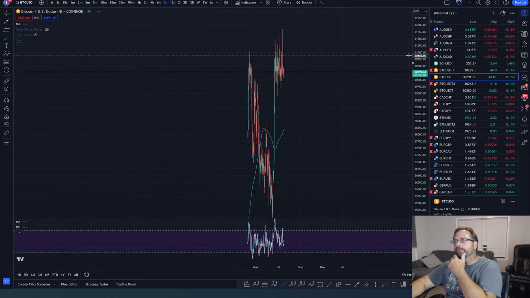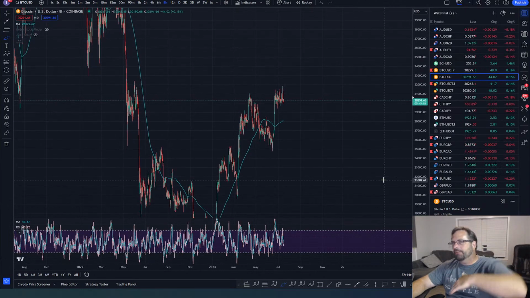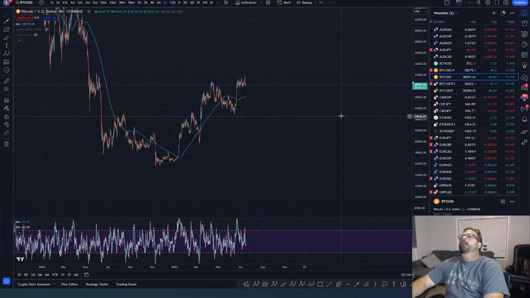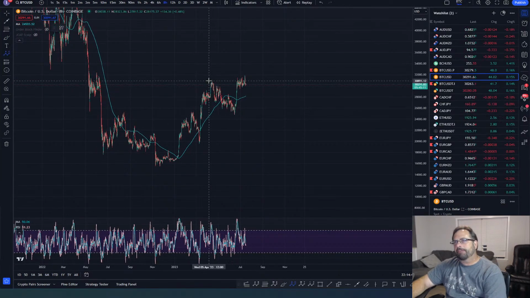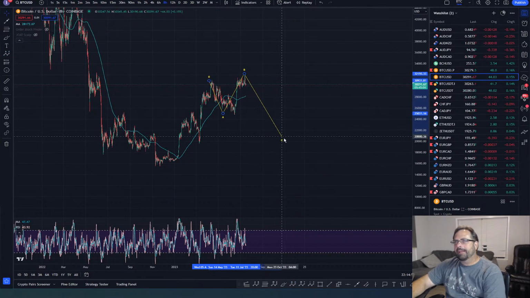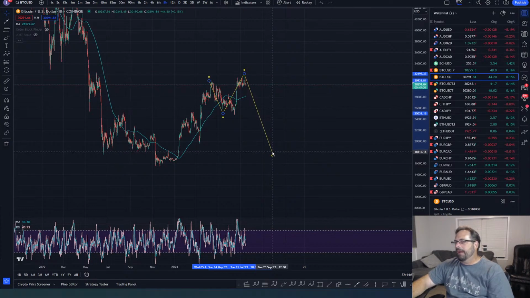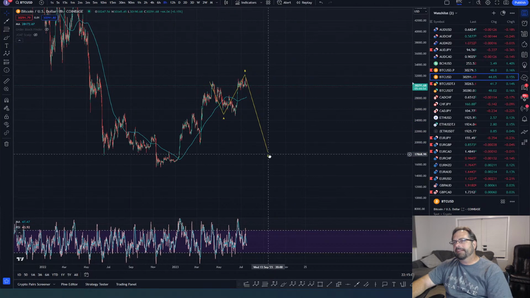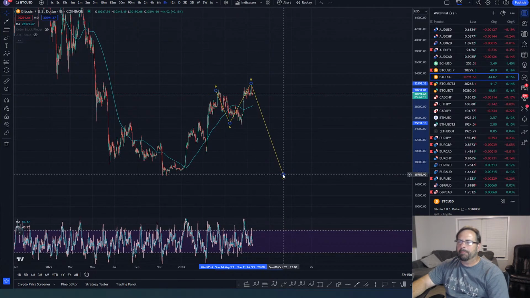Now, if it goes down, let's just look at that in the grand scheme of things. Or it may have to hit the high first and then go down. But what does that count? That count, Jack Frost, is going to be some kind of a flat. Okay, we come down. And who knows how long it's going to take. It could come down really sharply. It could come down 90% of this. It could tag the low. It could take the low out. There's any number of things that can happen.